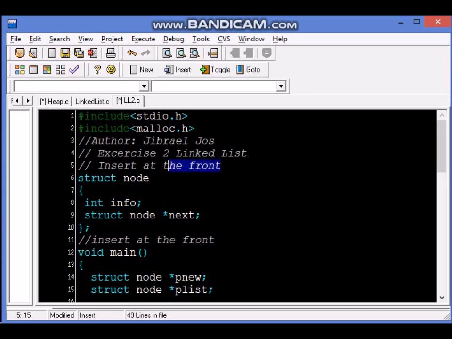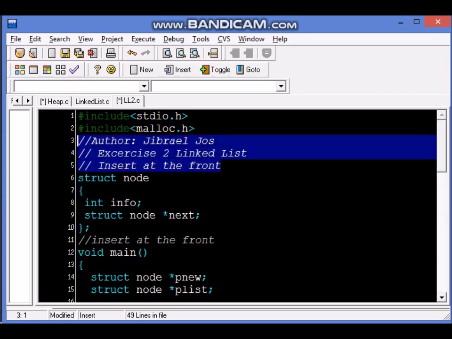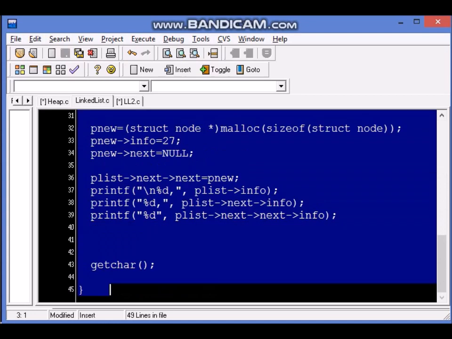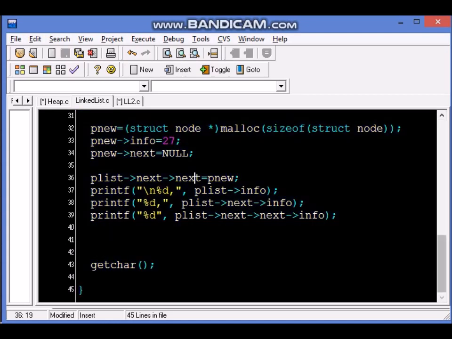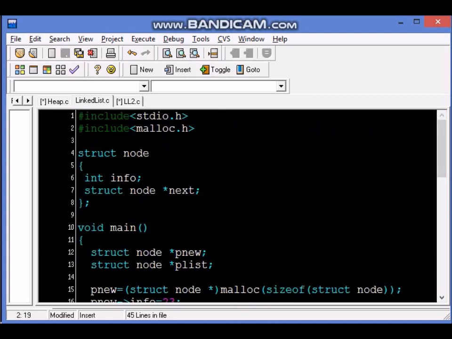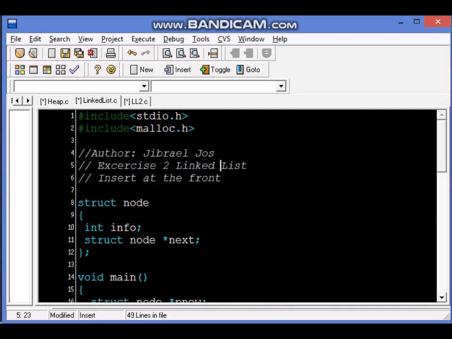And we can copy this comment and put it into the other program which we had written earlier. At this program's beginning, we didn't have a comment that time, but now let's put a comment and we'll say the author is your name, exercise 1 in linked list, and this time here we have done insert at the end.